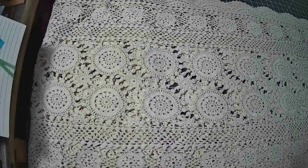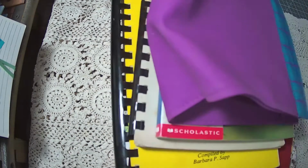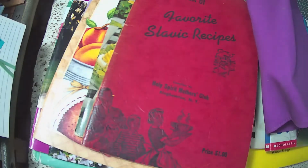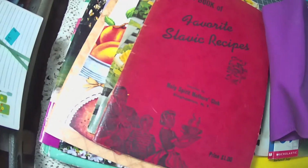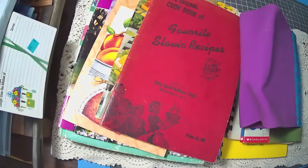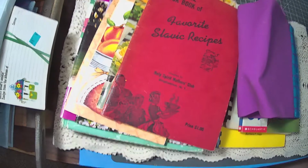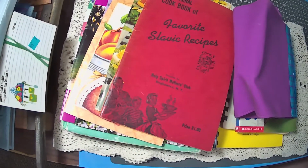So, first, this pile that I'm bringing out now, my camera's too low. Let me bring you up some. What's that? So, this pile,